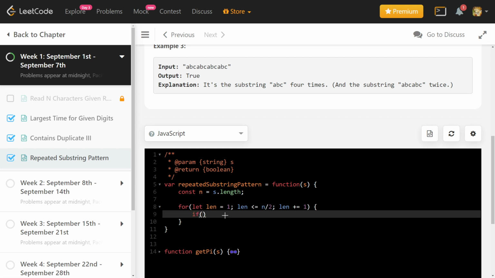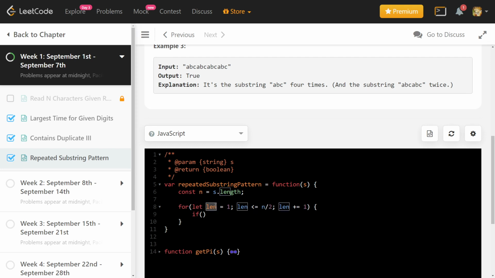Now, when will we be able to repeat a substring and get the full string? The only valid candidates are when len is actually a factor of the total length. Suppose the total string length was 8, and when we are iterating from 1 to 4, at one point len will be 3.